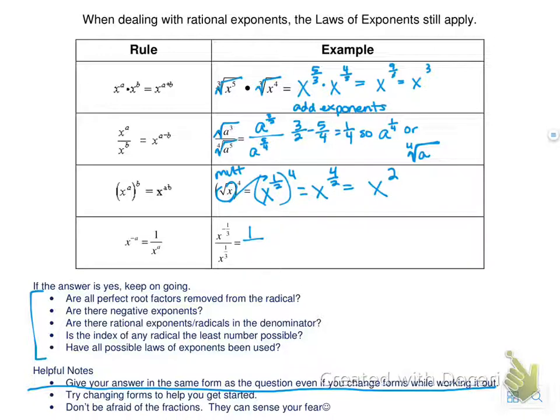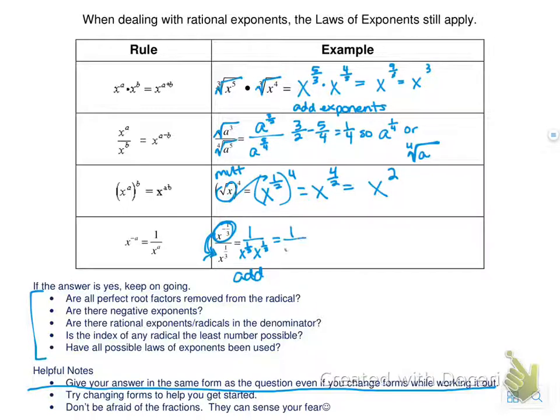Okay, for the last one, we have a negative exponent. So what do we do with the negative exponent? We move it to the denominator. So now I have x to the 1/3 times x to the 1/3. So I took this and I moved it to the denominator. Now I have two terms that I'm multiplying together. So what do I do to the exponents? Add the exponents. So now I have